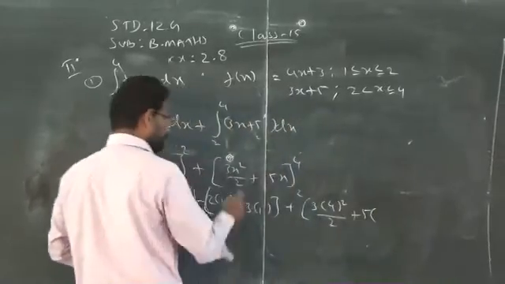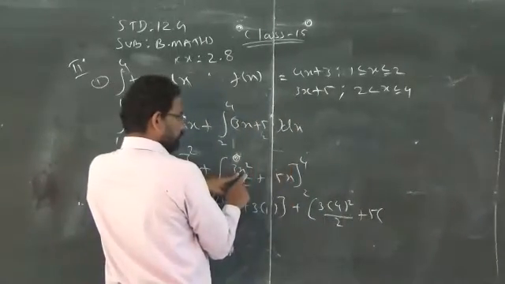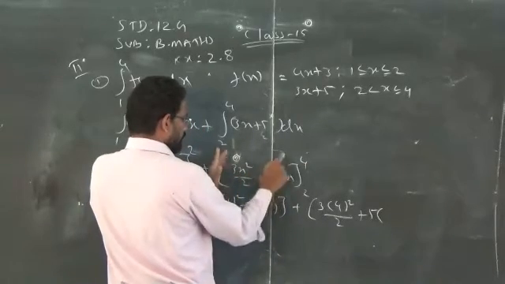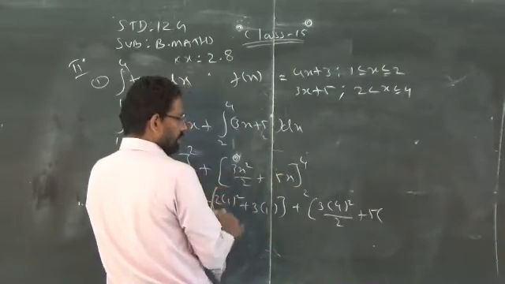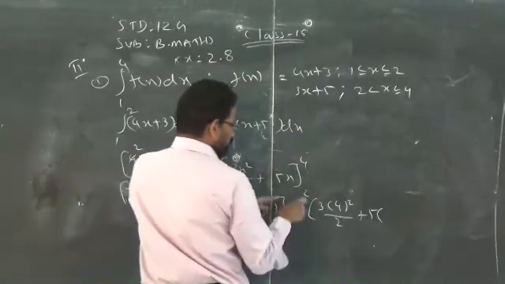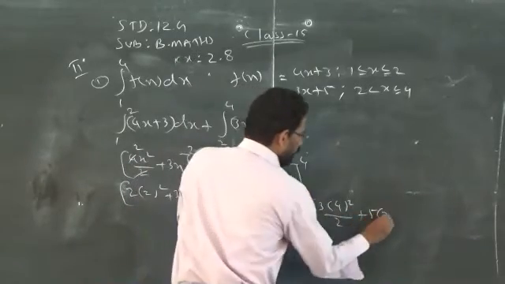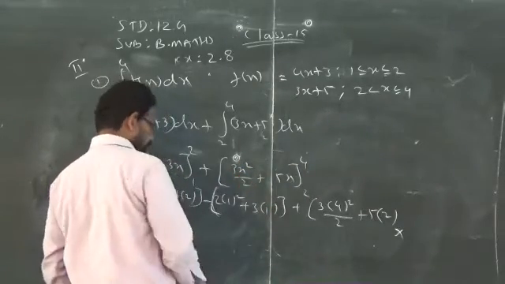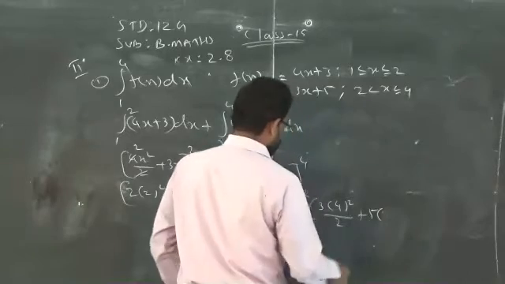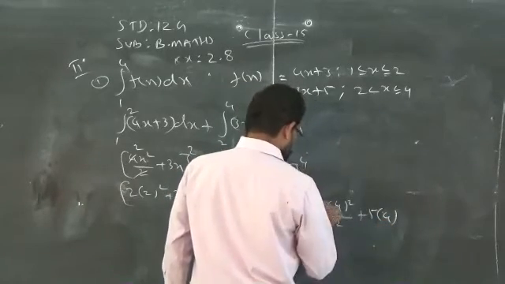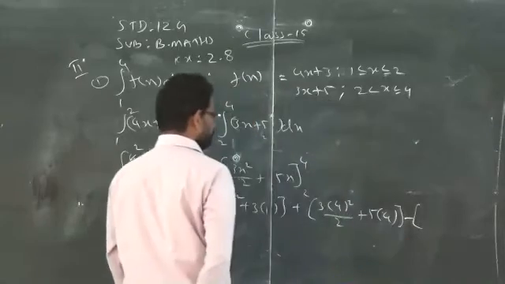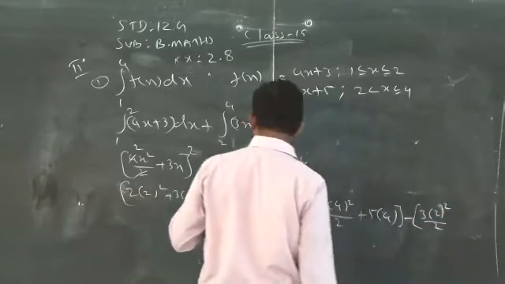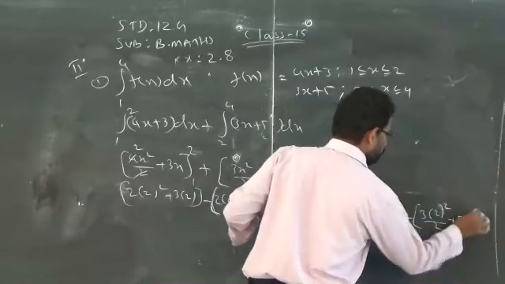First you have to replace the upper limit wherever x is there. Don't replace the first x by 4, then the next x by 2. Wrong. First you have to replace all the x in the integrand part by the upper limit, then minus the lower limit. So don't replace it now as 5 of 2. That is wrong. If you write 5 of 2, your answer is wrong, because first you have to replace the upper limit in the place of x. Don't replace the lower limit yet. 4, close the bracket, minus the lower limit: 3 into 2 square by 2 plus 5 of 2, close the bracket.